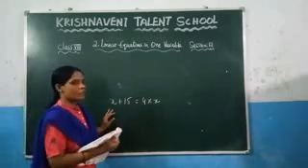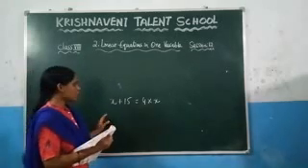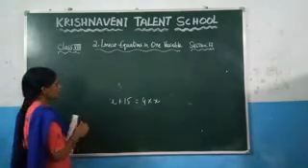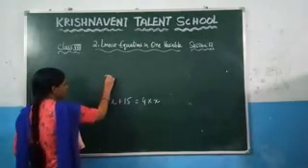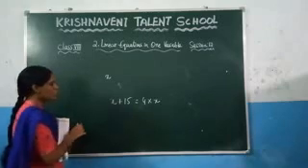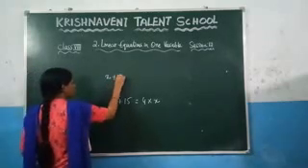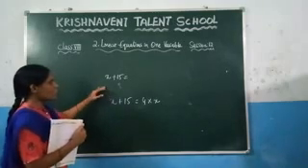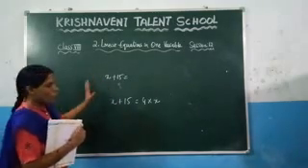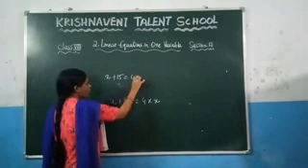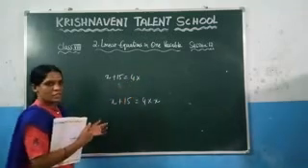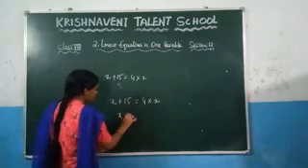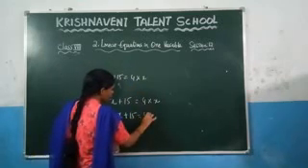What they said here: after 15 years, Mary's age will be 4 times her present age. So here, what is the question? We don't know what her age is. Let us consider it as x. After 15 years, her age will be x plus 15. And after 15 years her age is 4 times her present age. 4 times is nothing but 4 into her present age. Just now we have assumed it is x. So we got the equation as x plus 15 is equal to 4x.